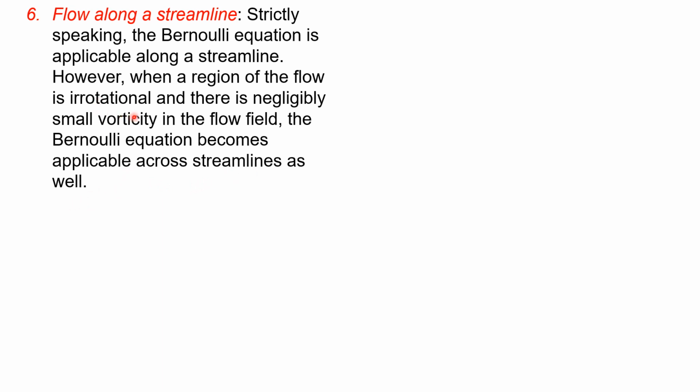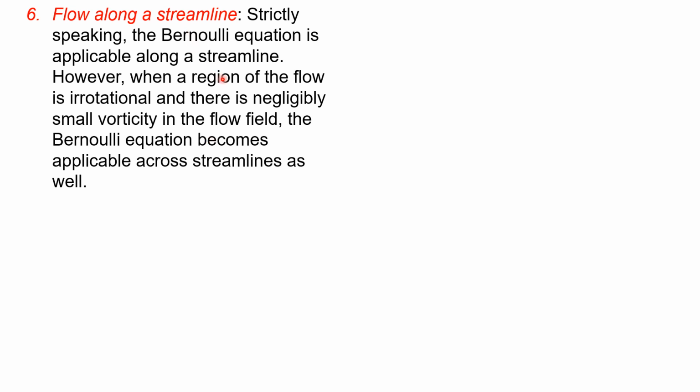So make sure that along the streamline you have very small vorticity, because vorticity cannot be avoided. Vorticity means a rotation in the flow, so there is slight turbulence in the flow. If it's negligible, then you can